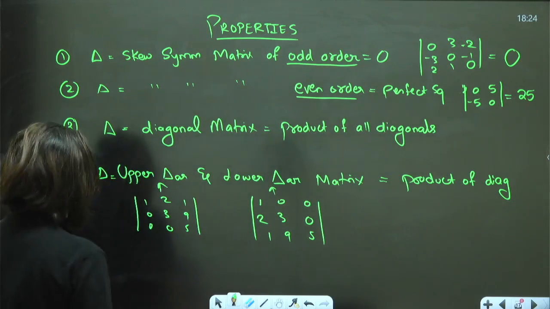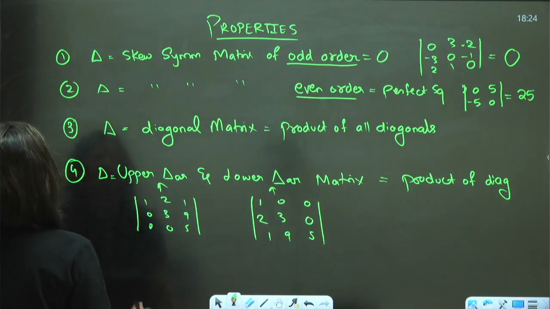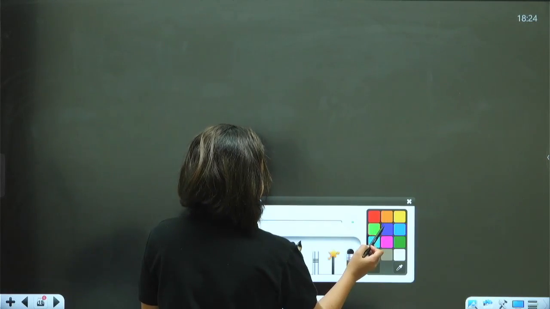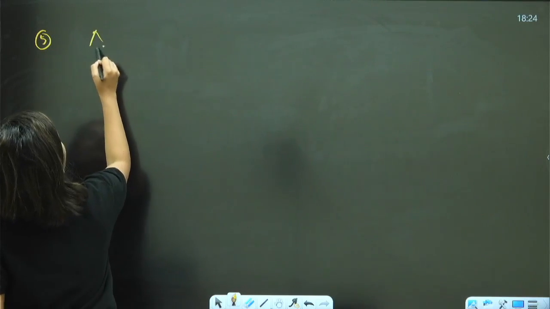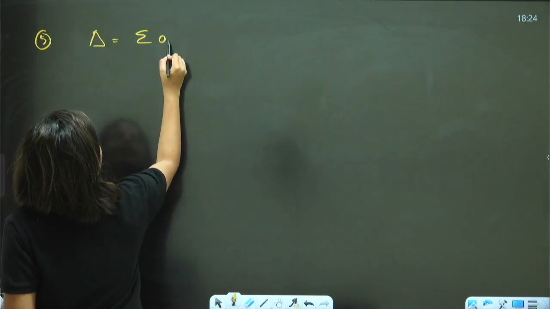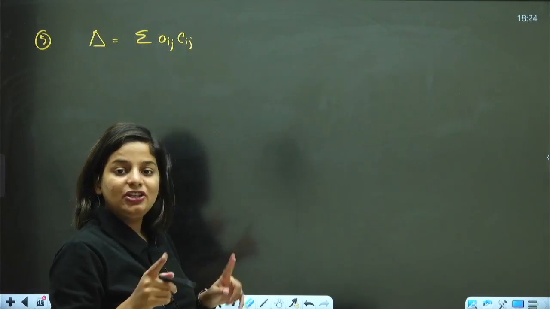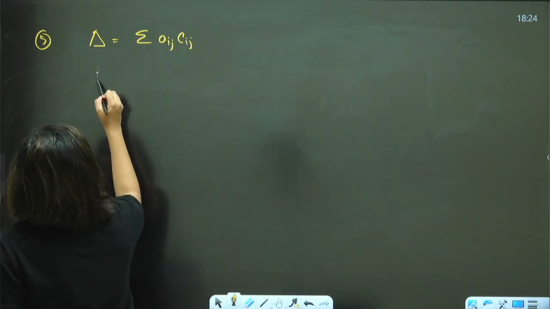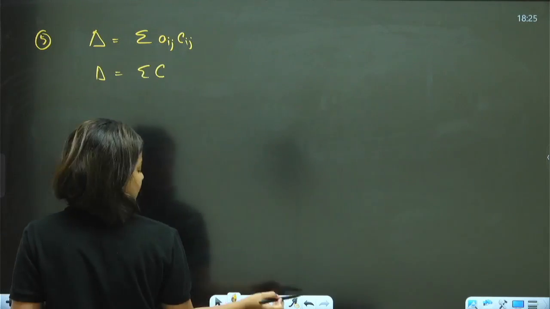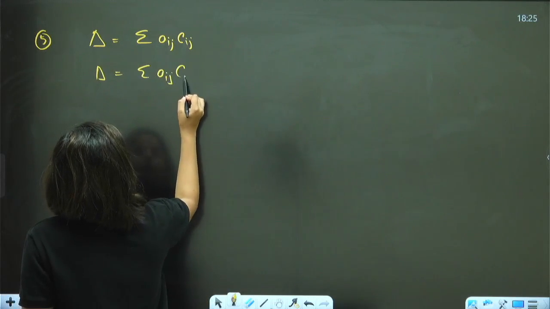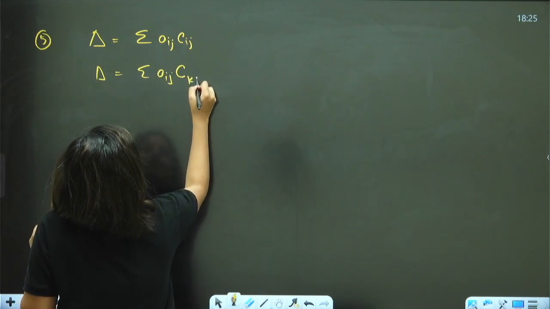Next, how many? 4 properties done. Fifth one, the thing which I wrote in the beginning, definition of determinant expansion. Delta is equal to summation of Aij into Cij, right, where i and j belong to a particular row or column. But if this is summation of Aij into Ckj,